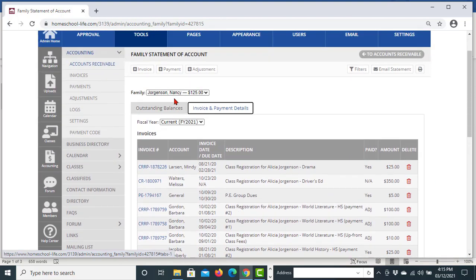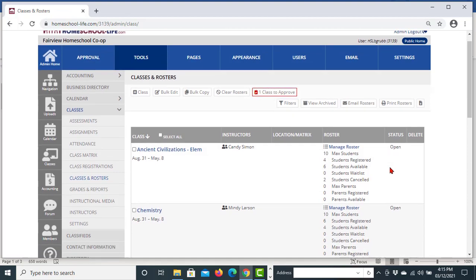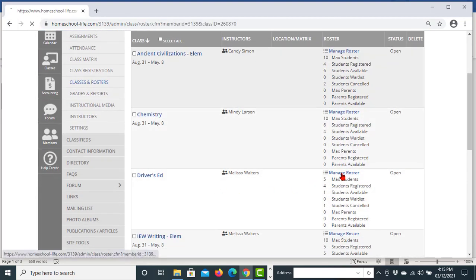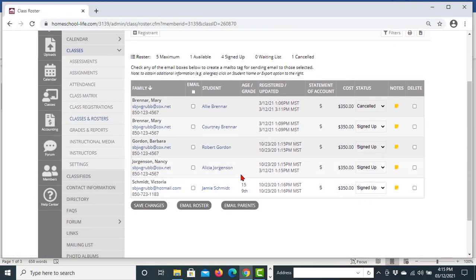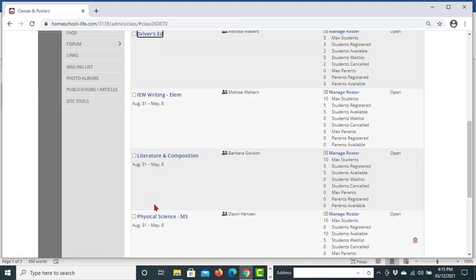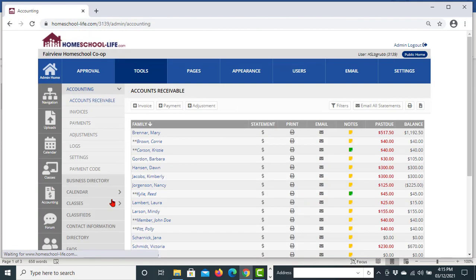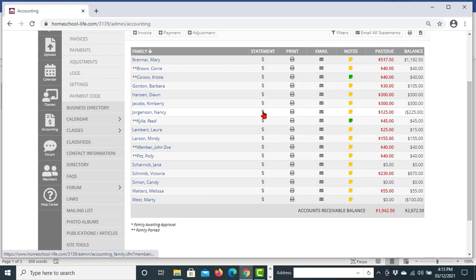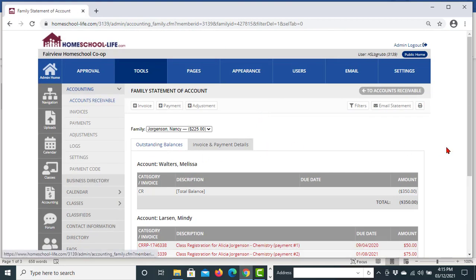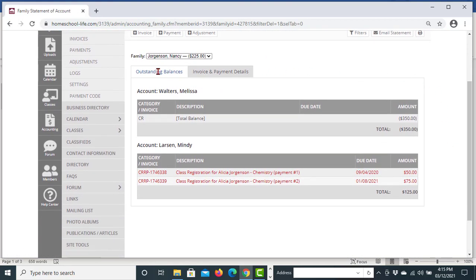So again, we have the Jorgensen family. Let's go to the classes, and let's take a look at the driver's ed roster. And let's find the student Alicia Jorgensen here, and let's cancel her. Now if we return back to the accounting tool and go back to the Jorgensen family, what we're going to see is going to be different. Now we have